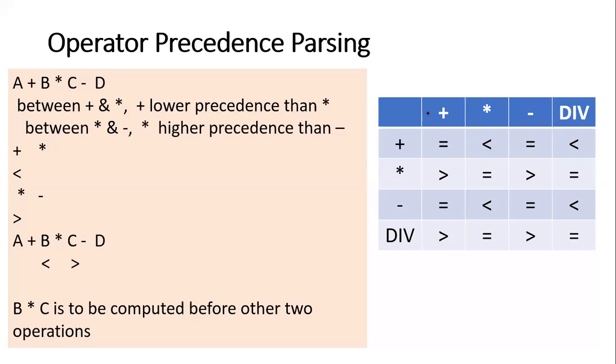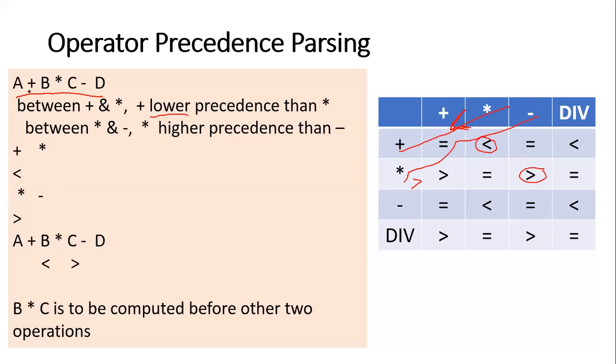I have taken one simple example I generated for plus and star and minus and division arithmetic operators. Okay, we'll take the example a plus b star c minus d. How will that be processed? See, between plus and star, plus has lower precedence than star according to the matrix, because in plus and star, this notation means star is having more precedence. Star and minus, star is having higher precedence. That is represented here. Okay, like that it is represented here.